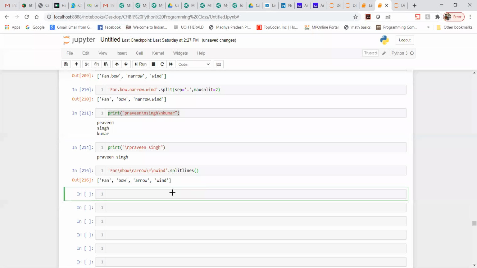So guys, let me take one more example where I will specify this. Just let me know what exactly the output we are going to get from this. Before that, let me run one more code.